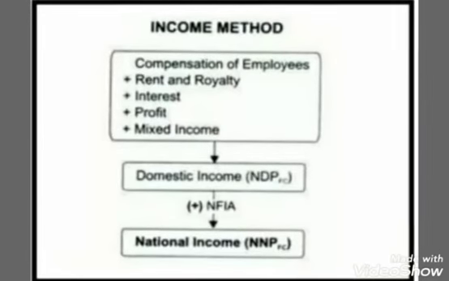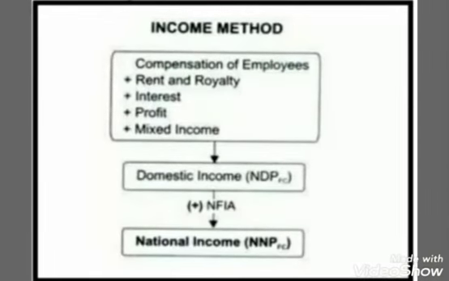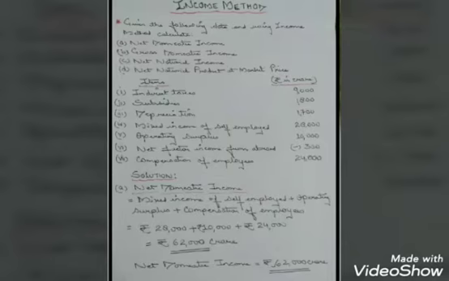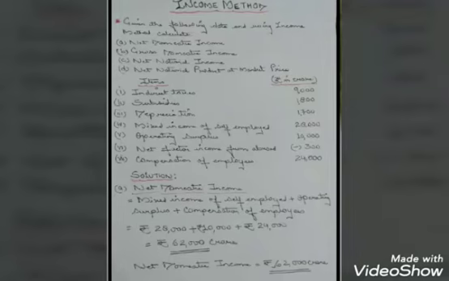Already I have explained to you what precautions you are supposed to take while you calculate national income by income method. So let's start. There is data, children, which has been given, which is like this. Given the following data and using income method, calculate first net domestic income, second gross domestic income, third net national income, and the last one, net national product at market price. So keeping the measurement in your mind, let's see what items have been given.